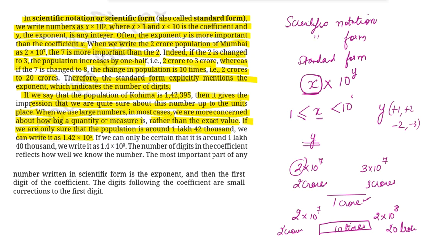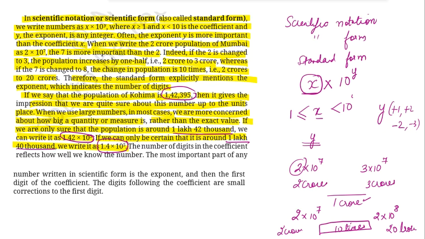तो अगर हमें एकदम exact value नहीं देना है, we just have to take care कि how big a quantity is. We can give that in the exponential form as well. If we can only be certain that it is around 1,40,000, we write it as 1.4 into 10 to the power of 5. So here, what was the first case? You were exactly knowing the population, units place तक. तो आप लिख रहे थे 1,42,395. सेकेंड केस में आपको आइडिया था कि 1,42,000 के अराउंड है, तो आपने लिखा 1.42 इंटू 10 टू द पावर ऑफ 5। और थर्ड केस में आपको आइडिया है कि 1,40,000 के अराउंड है, so you wrote it as 1.4 into 10 to the power of 5.